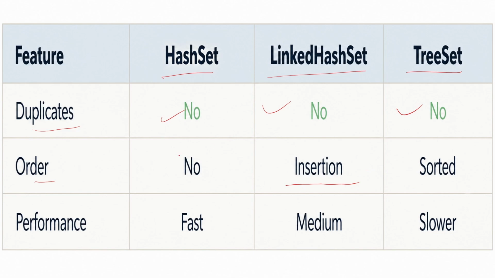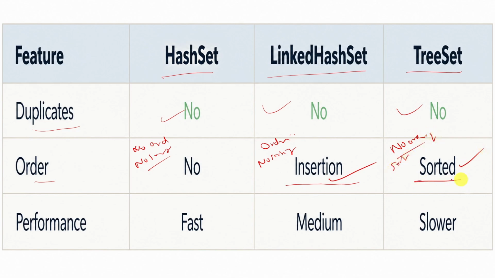Here, for HashSet, no ordering and no sorting. For LinkedHashSet, ordering is there, that is insertion, but no sorting. And for TreeSet, no ordering, it will not remember the insertion order, but sorting is there,